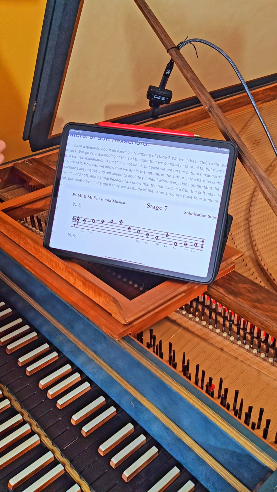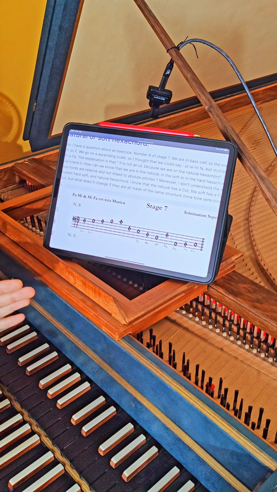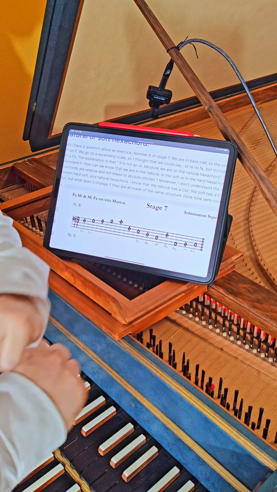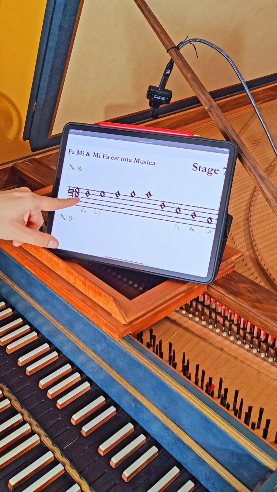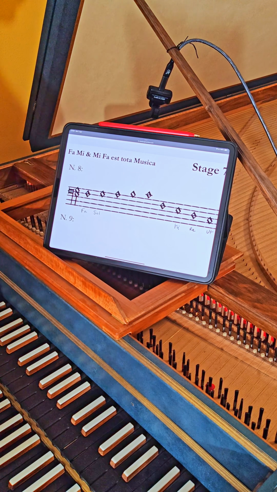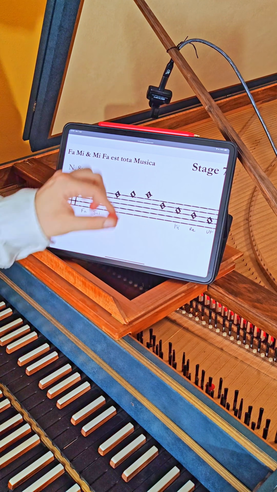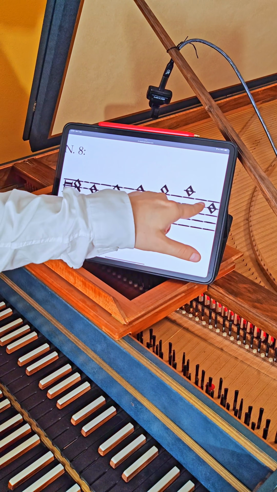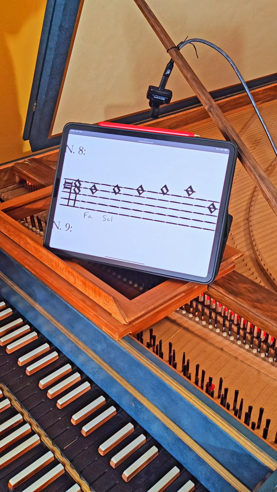which is totally different from the point of view of the Renaissance musician. Now, the answer of this question is very big and very wide, but let's go step by step. First of all, this is fa sol re mi fa and not ut re mi fa sol, because we don't have the flat. So the semitone is in this point between B and C. Fa sol re mi fa.